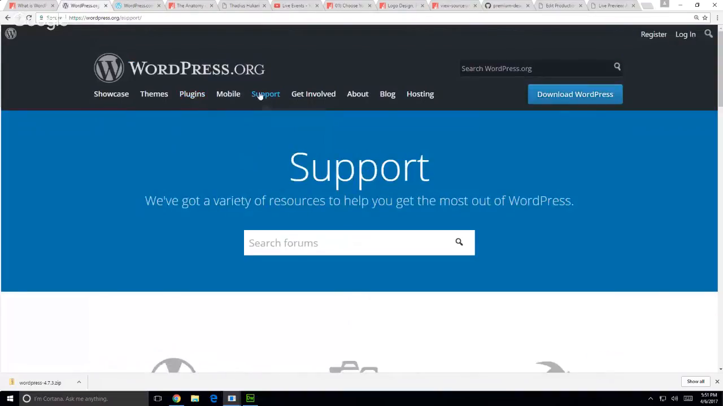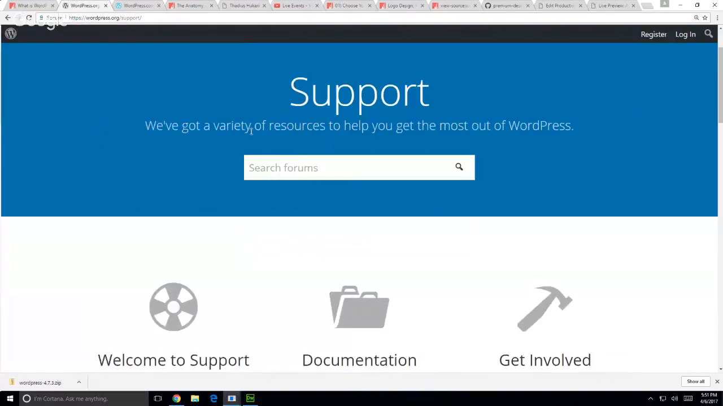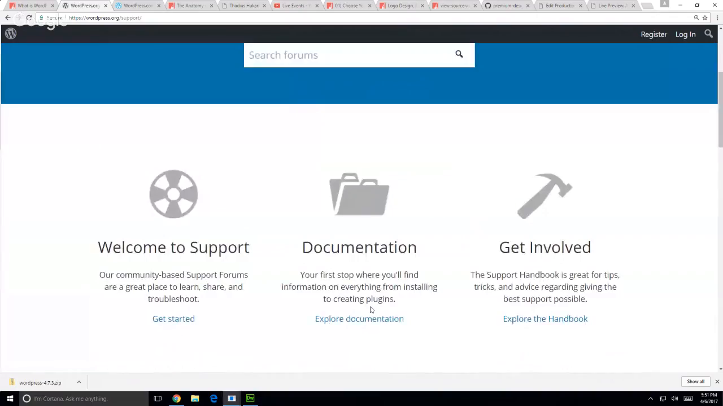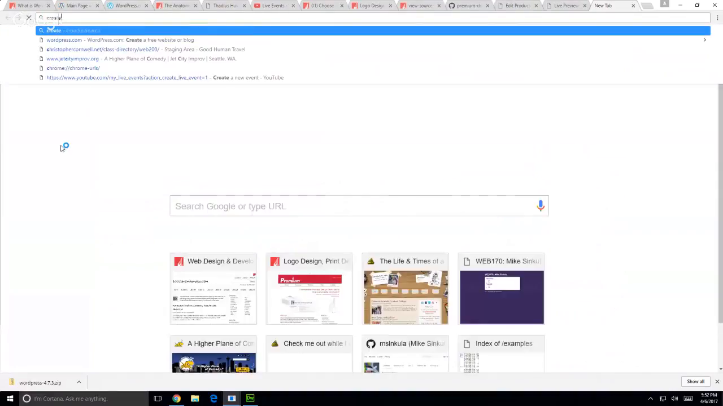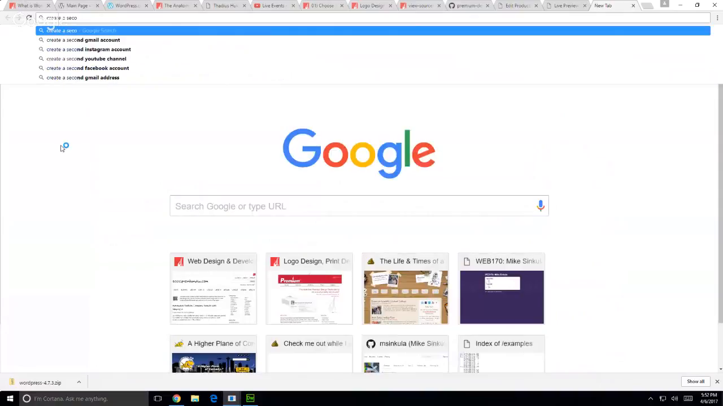Support. They have a forum. They also have documentation, which is called the codex. Now, they've taken their codex and split it into development and codex. They've done something weird with it. But here's what I know. If I ever want to search for something like create a second